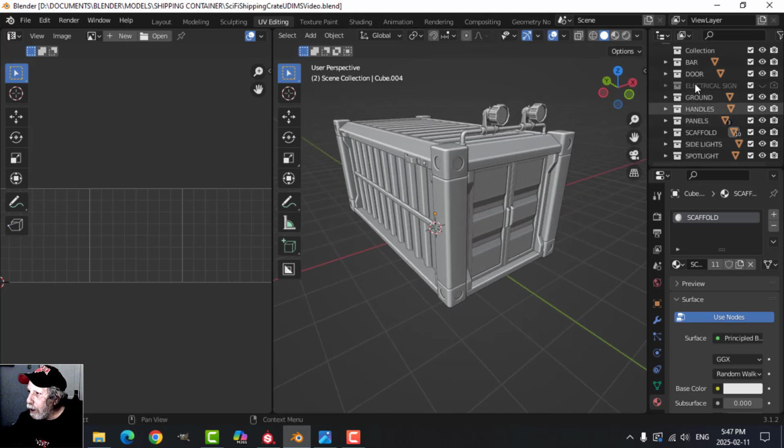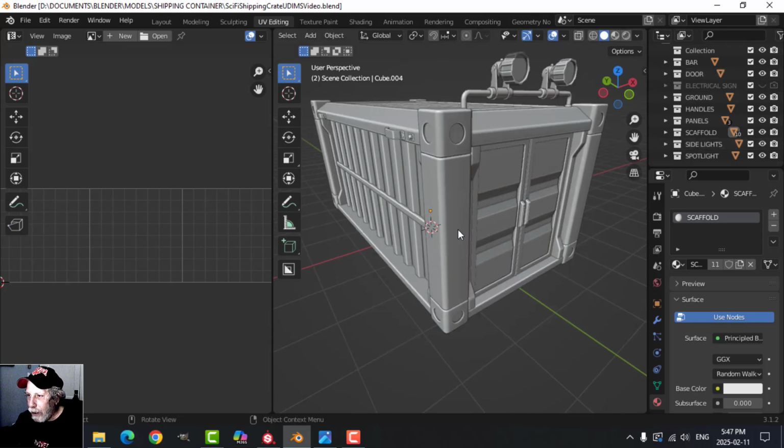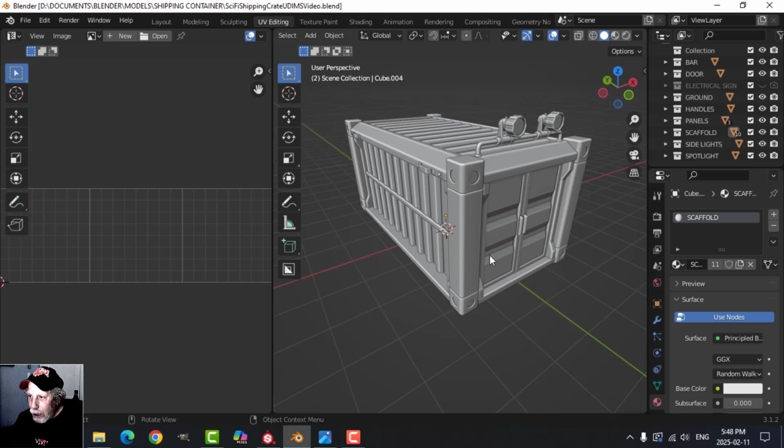First of all, let me show you this. I've got everything in collections. So, for example, the scaffold here, if I hide it, you can see it's all those supporting pieces. We got the panels, that's all this stuff. I've got the door, which is this stuff, that kind of thing. I also assigned materials, as you can see here. So all of these pieces that I called scaffold have the scaffold material, and each material can have its own